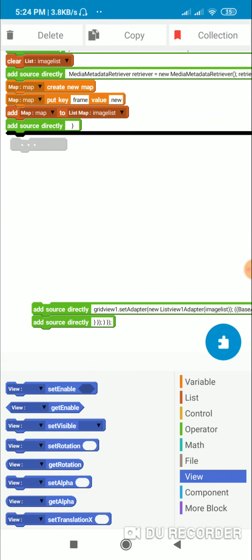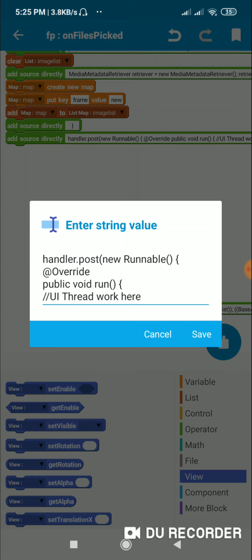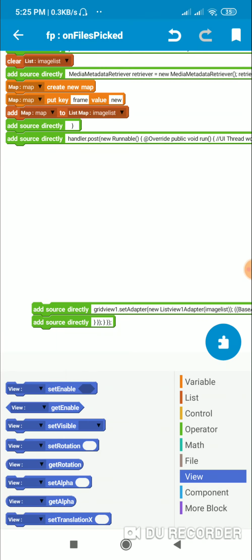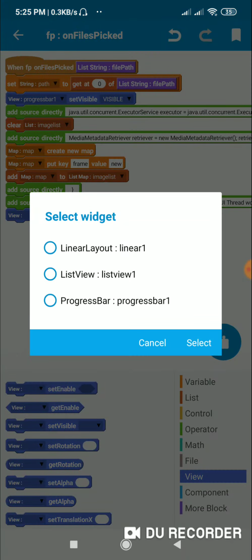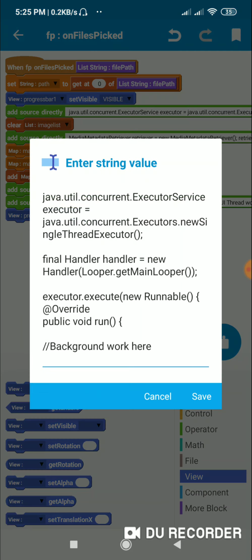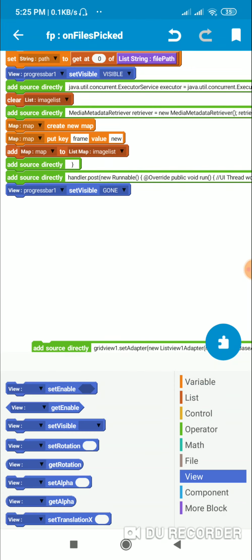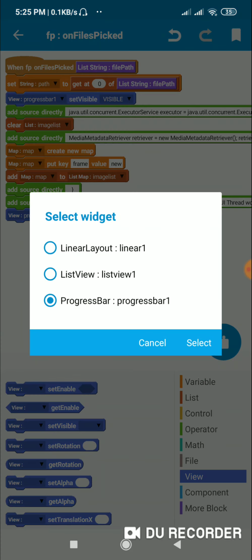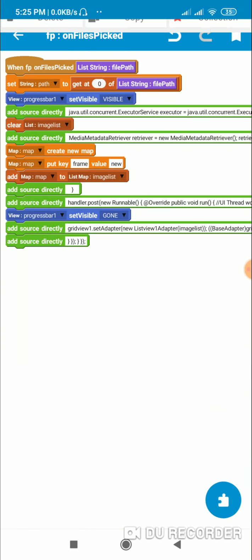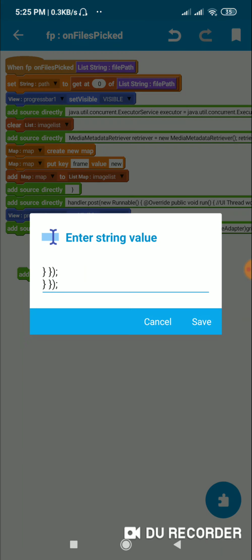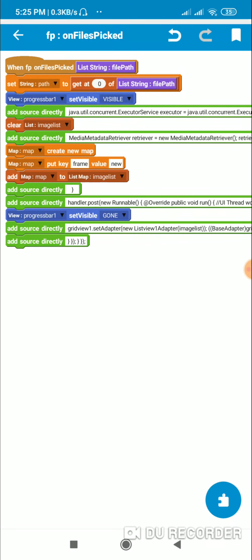After this I will put handler.post new runnable @Override public void run, and after this I will make progressbar1 gone. So first it will display the progress bar, then it will do the task in background, and then progressbar1 will be gone once the task is over, and then we close this using this code. So that's all.